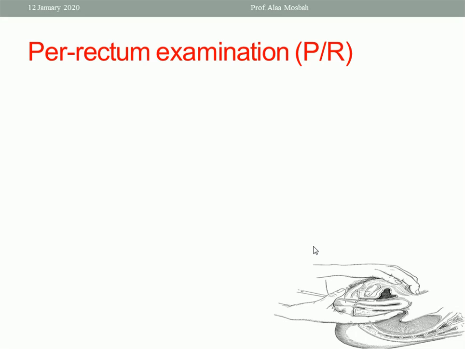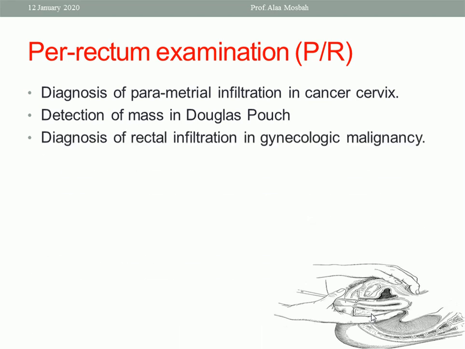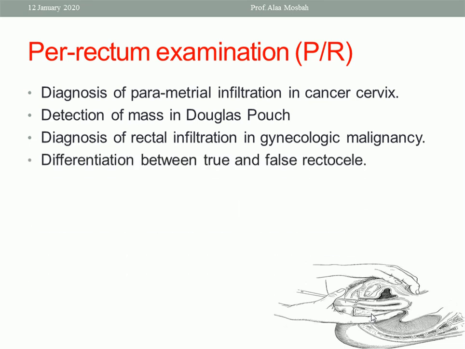What about BR examination? What is the indication of BR examination? This is a case with BR examination, as you see, using the index finger. The indications include diagnosis of parametrial infiltration in cancer cervix, detection of mass in Douglas pouch, diagnosis of rectal infiltration in gynecologic malignancy, differentiation between true and false rectocele, diagnosis of rectovaginal fistula,